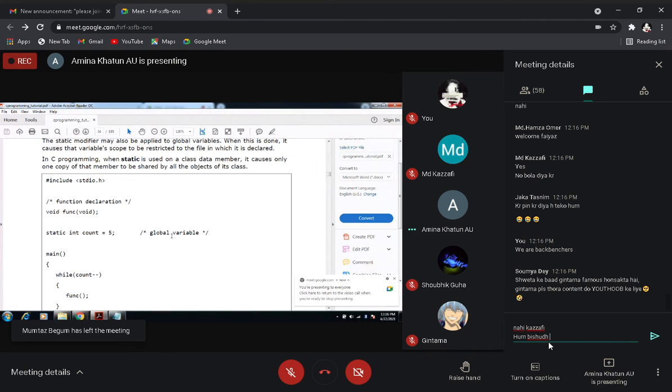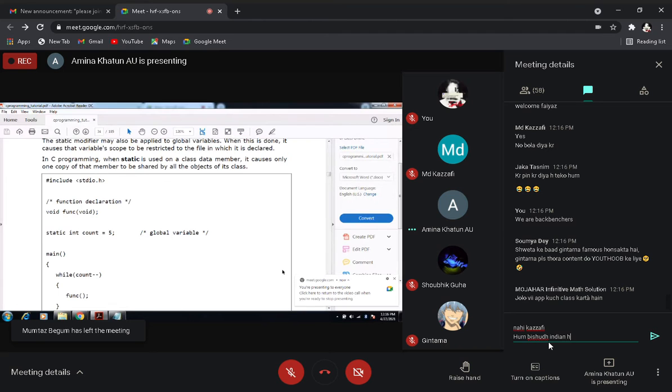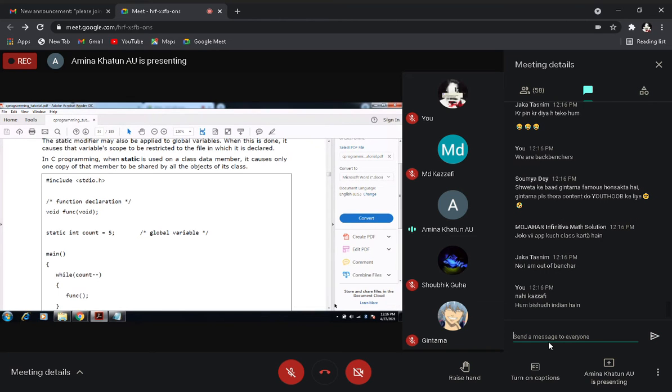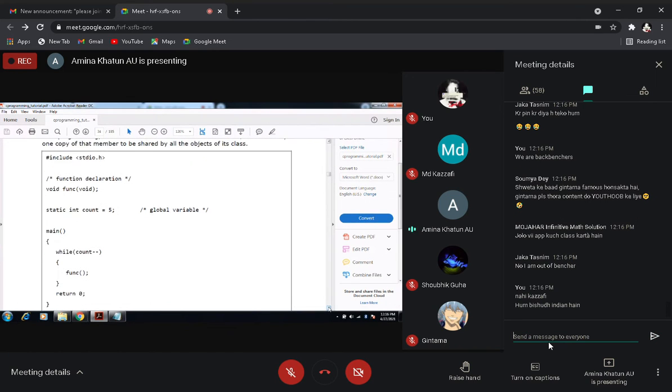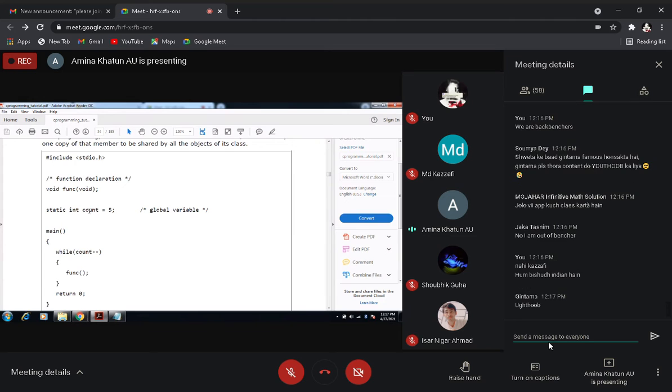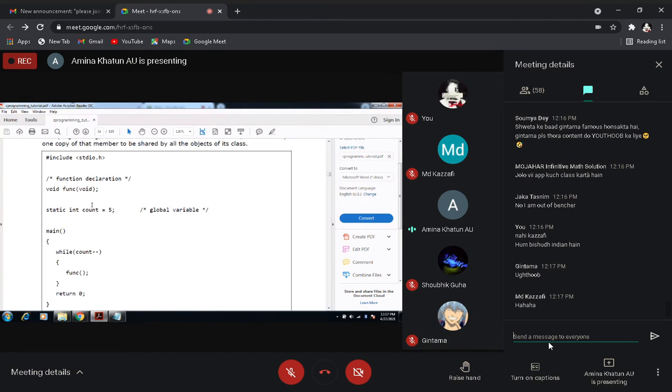Here you can see that we have taken a static variable. This is the header file, and we have used a function. We have taken a void function, which will not return anything. Next we have defined the variable count, and the value of it is 5. We have put the storage class static. So static int count = 5.